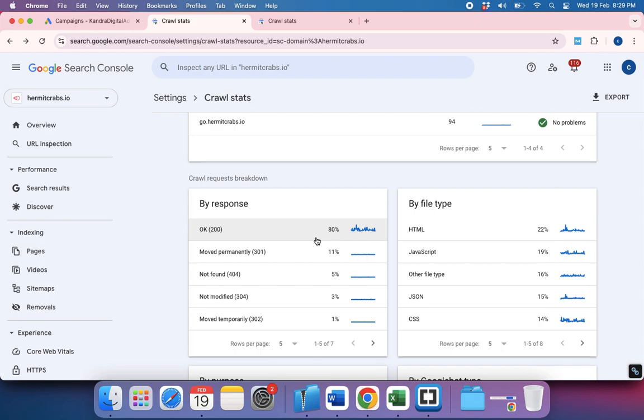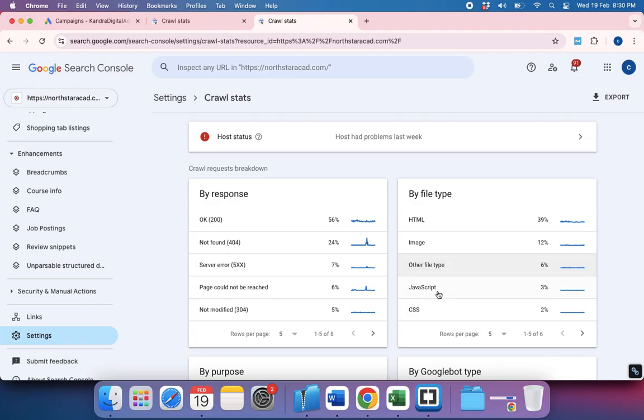Sir, file type, if suppose JavaScript has a higher percentage, will it impact the loading times? Yes. See, you should have more HTML. Your content is all in HTML. Functionality is all JavaScript, right? So JavaScript is very less, CSS 2 percent, HTML 12 percent, but this is not 100 percent, right? Still